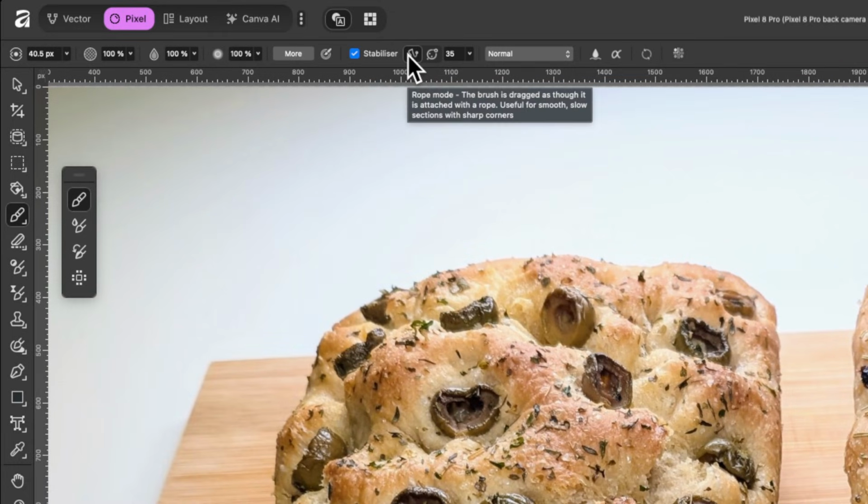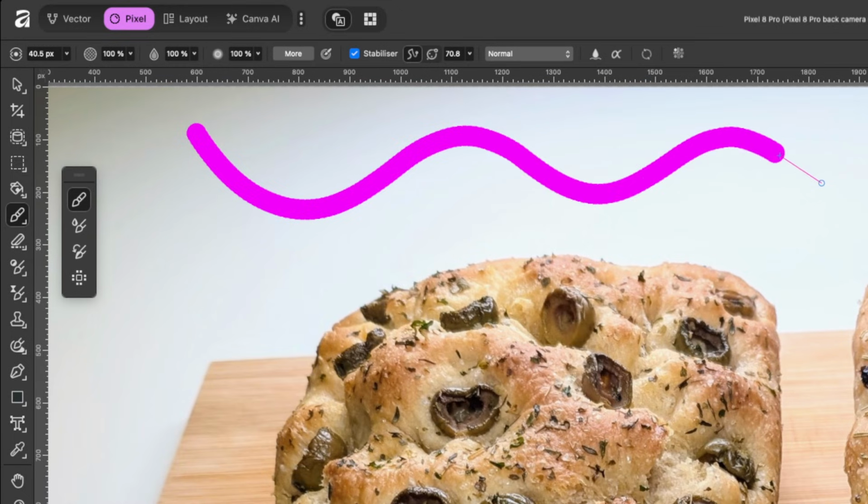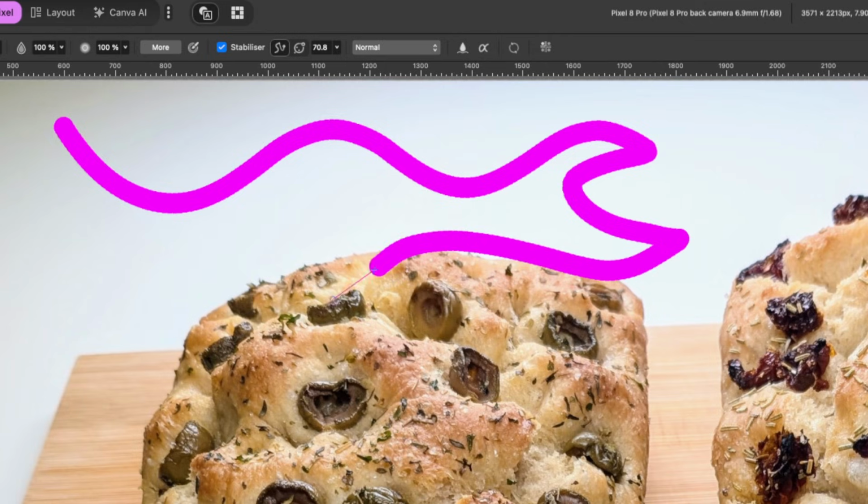There are two modes in here. One of them is rope mode and the other one is window mode. So when I click on rope mode, and maybe I set this one quite high, basically I'll click and you see there's a rope there. And if I up the value of the 70.8% over there, if I upped it even more, that rope would be even longer. So it allows me to get these nice smooth lines that follow me along. And when I go back on myself, it gives you some slack. So I can go the other way and maybe create a little bit of a sharp corner there. So that's your rope mode.